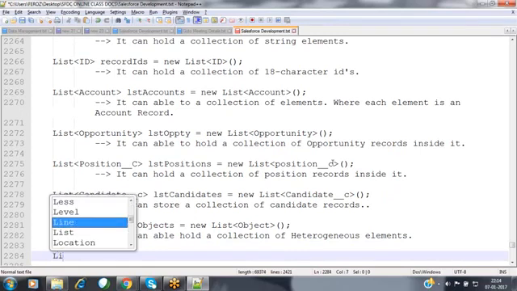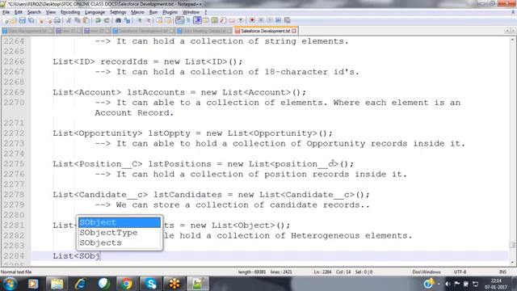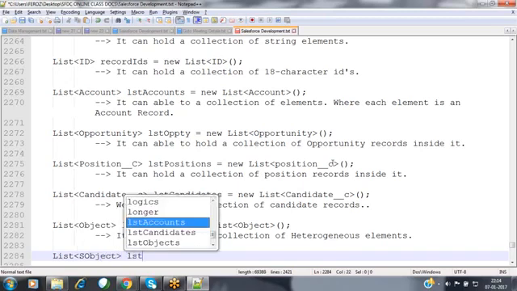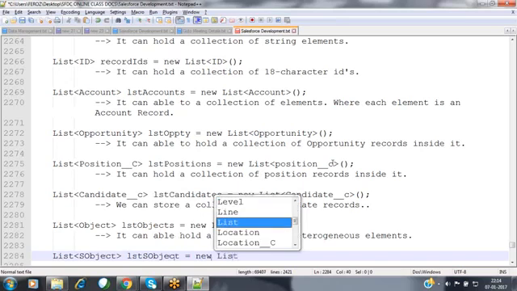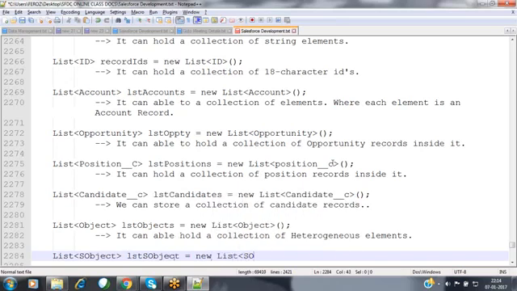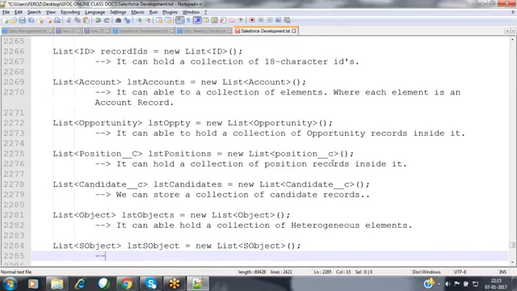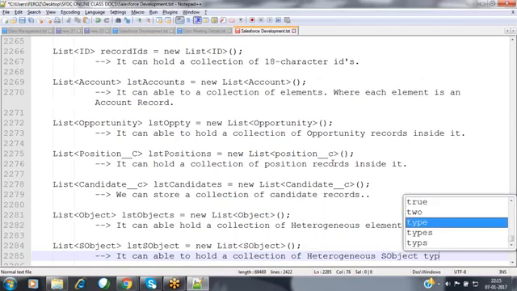If you want to store the different types of S object type elements, then we can use list of S object, new list of S object. Now it can hold a collection of heterogeneous S object type elements.